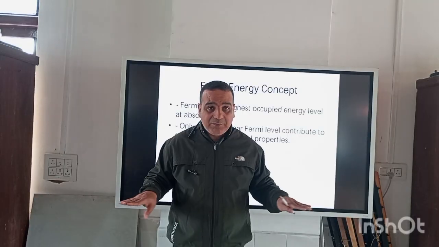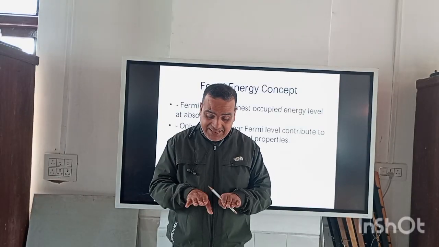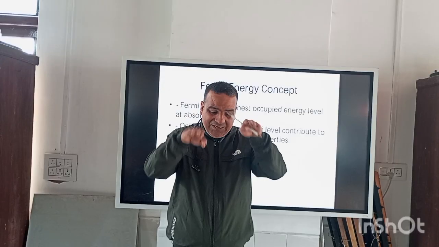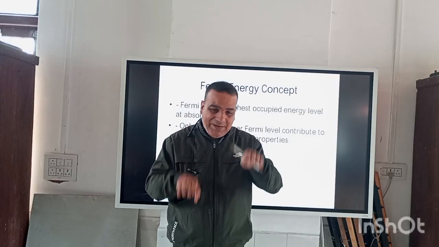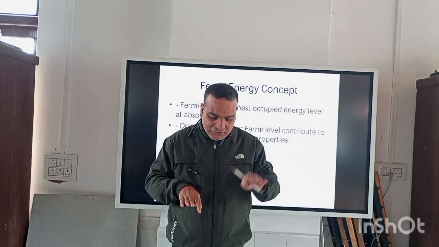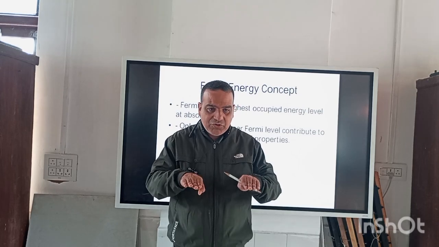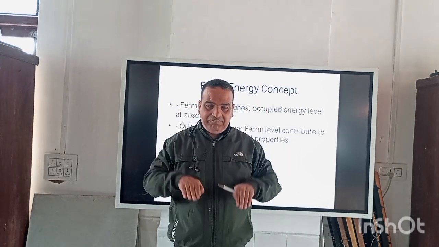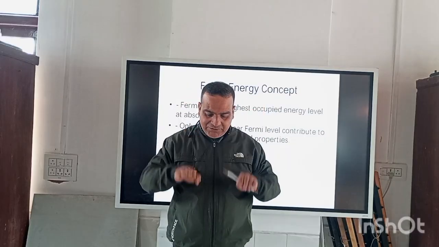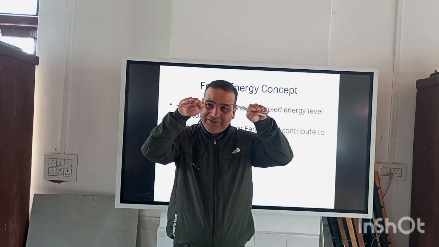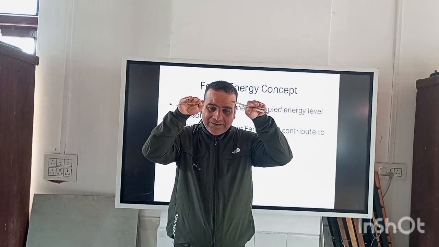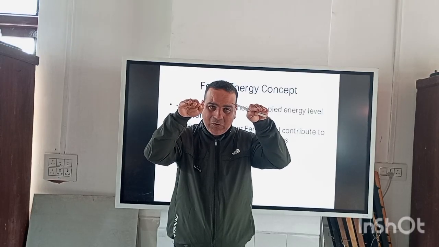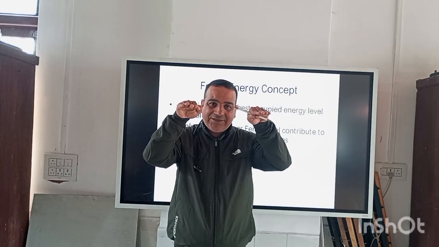what is possible in these energy levels is that you can have 2 electrons in each energy level with spins opposite to each other. So you have 2 electrons, 2, 2, 2. Suppose the 5th level is the last level. The level which is last filled by electrons at absolute zero is called the Fermi level.